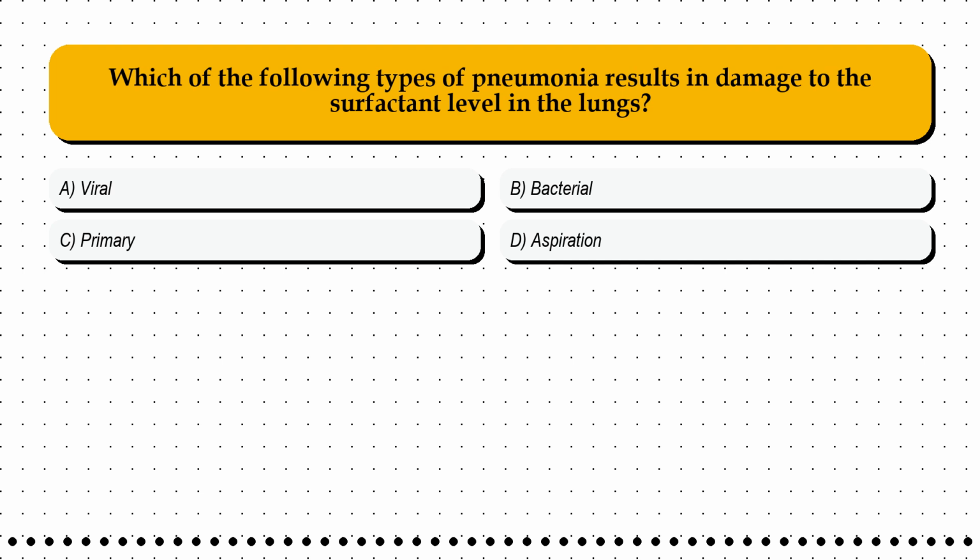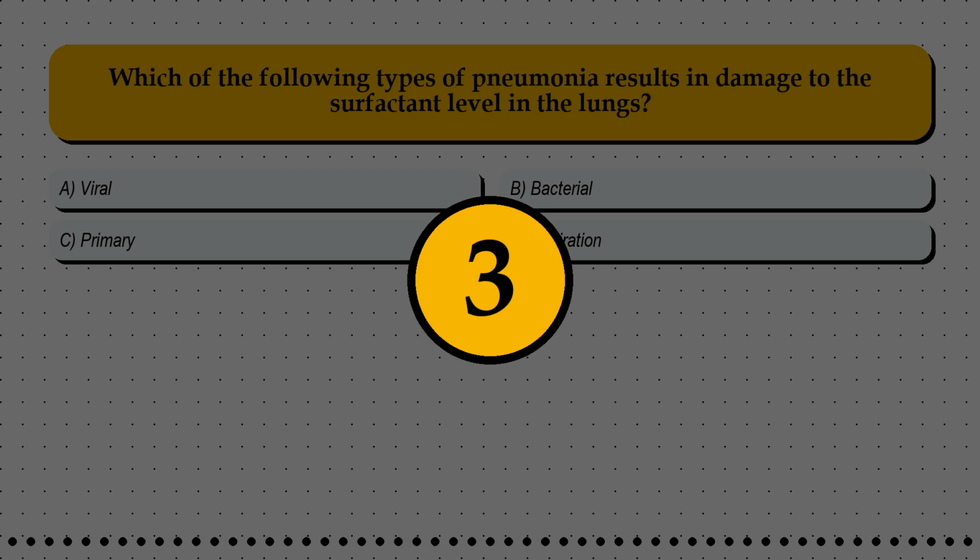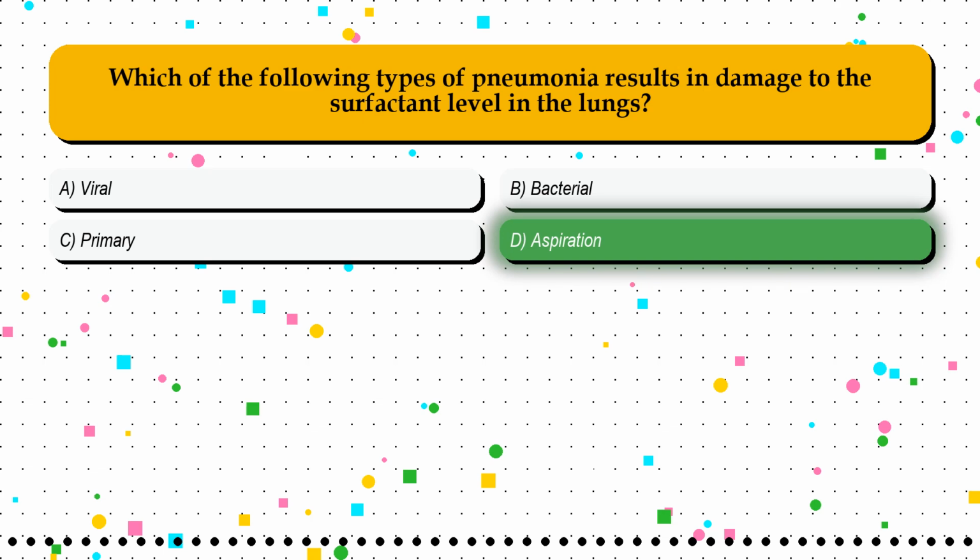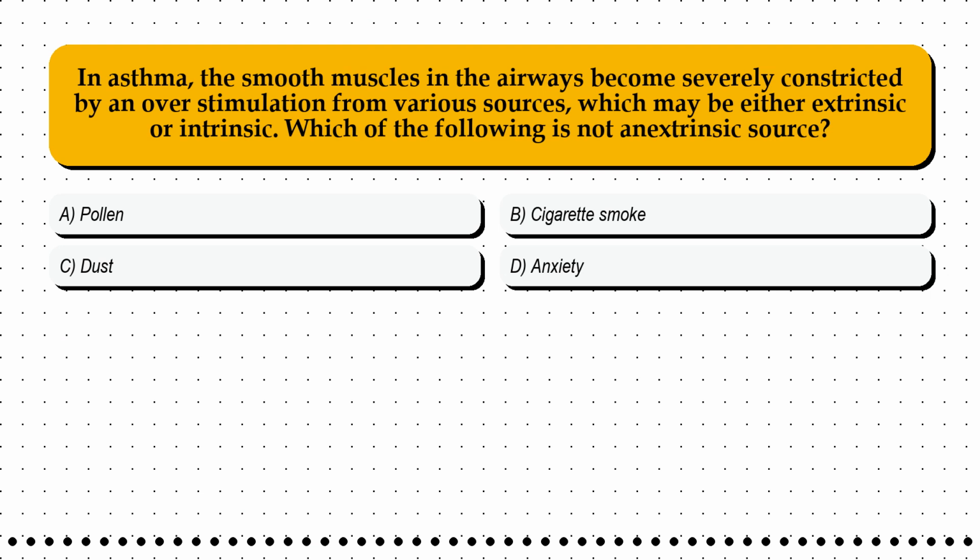Option A. Viral. Option B. Bacterial. Option C. Primary. Option D. Aspiration. The correct answer is option D. Aspiration. Question 117. In asthma, the smooth muscles in the airways become severely constricted by an overstimulation from various sources,